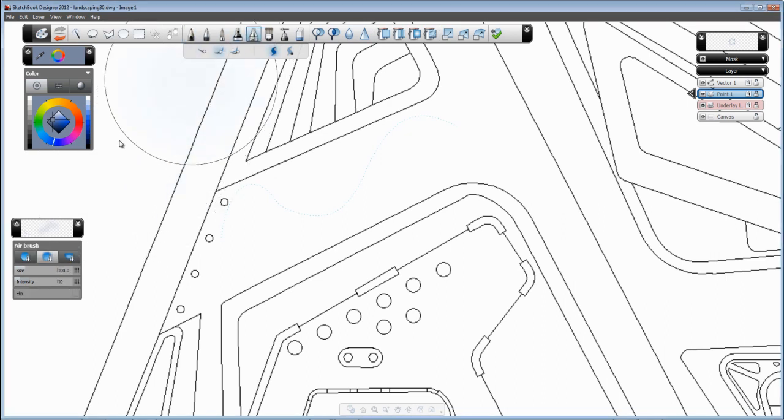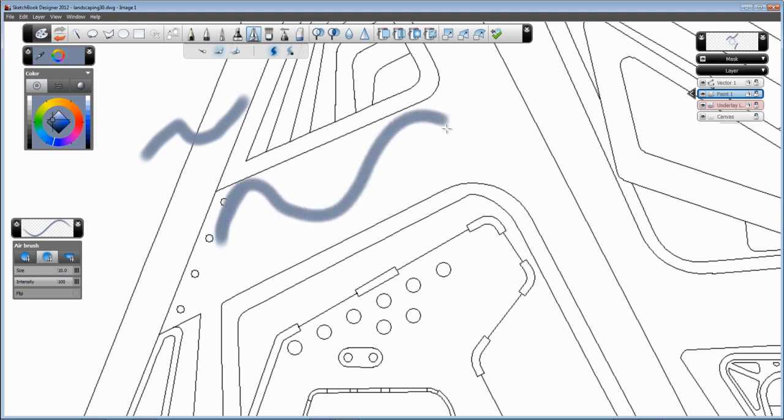But now in a paint layer, I will be able to snap to that curve. So now I'm creating a brush with 100% intensity, a small size. First of all, let me show you that we can draw pretty much anywhere else, but if we draw next to the guide curve, you'll see that I can now snap, and actually my mouse is going to be constrained to that curve,